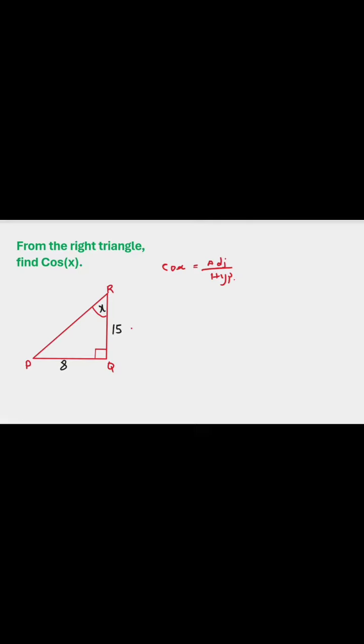And I guess the method that we're going to use here is the Pythagoras theorem. We're going to use it to find PR. So let's do it. The square of the hypotenuse, that is PR squared, is equal to the sum of the squares of the two other sides. So you have PQ squared